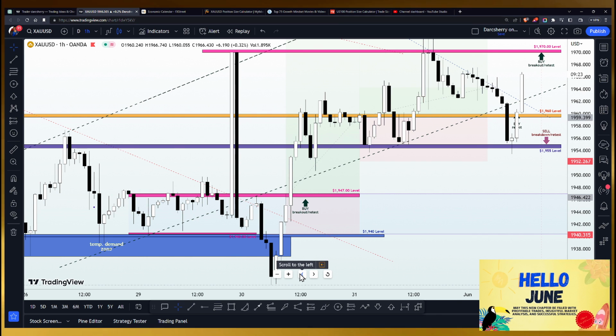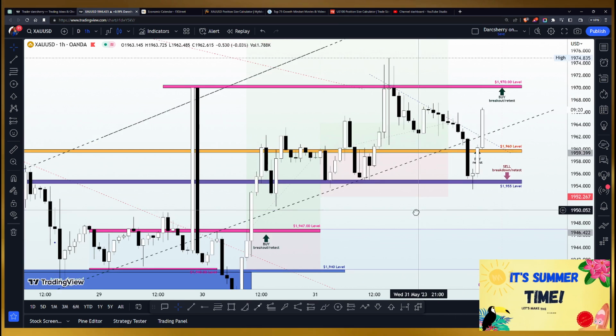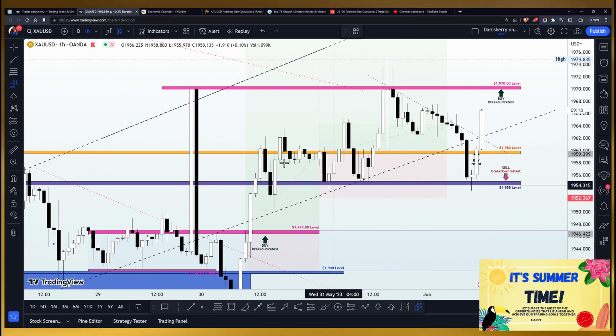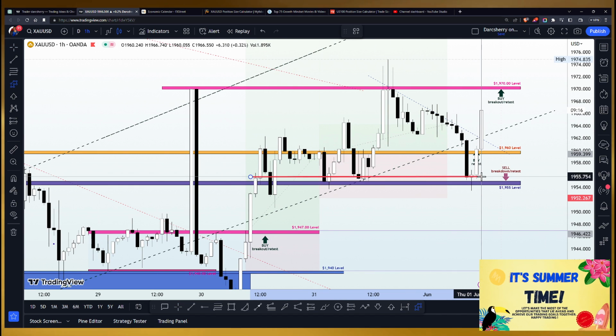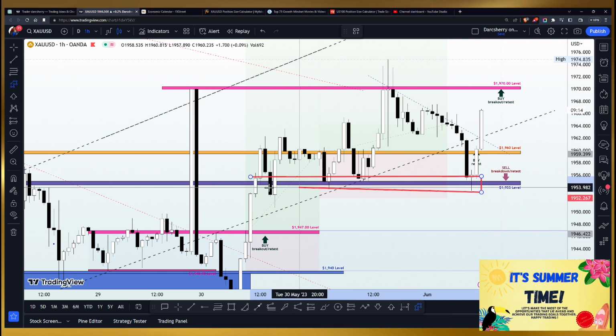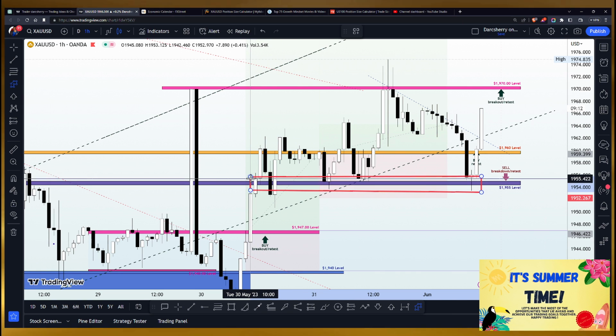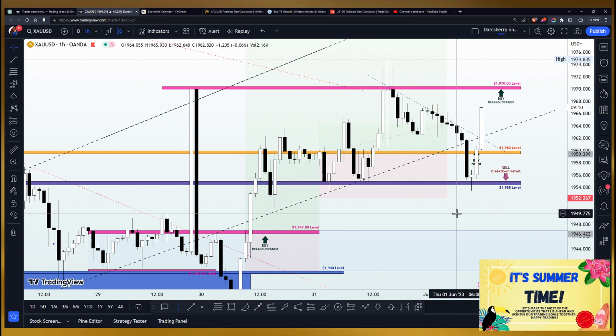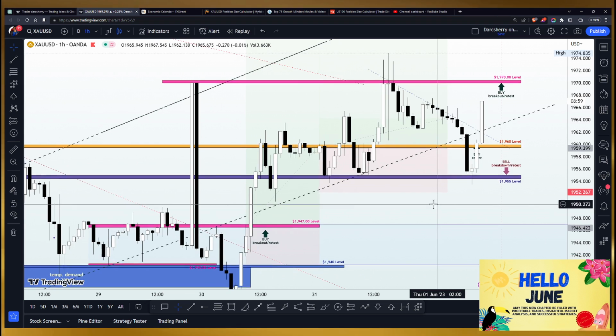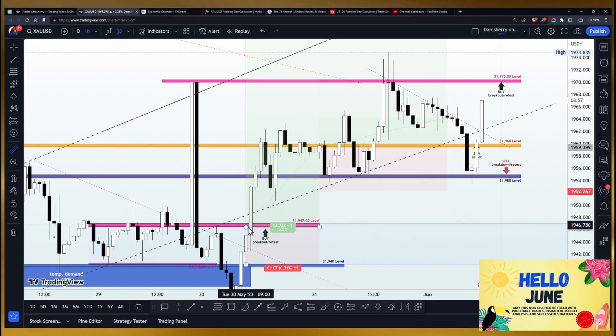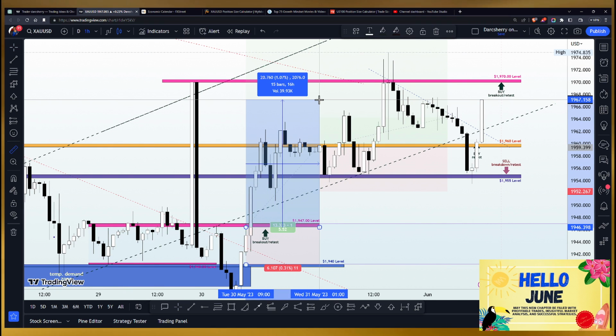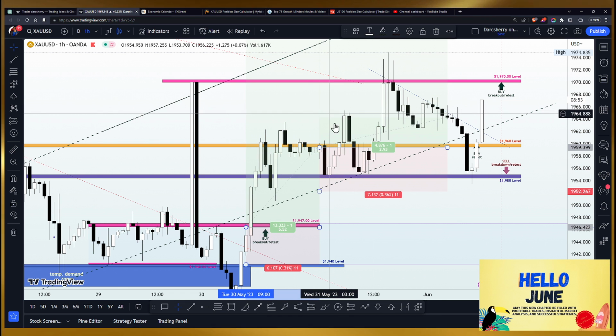We also had key levels that we looked out for more opportunities, and that is the 1955 area here, which, as you can see, in the last 48 to 96 hours has been a very strong demand zone. Since then, price action has continued to climb and find higher highs. And if you still have a buy position running at this particular point in time since Tuesday, you will currently be running with over 200 pips in profit.